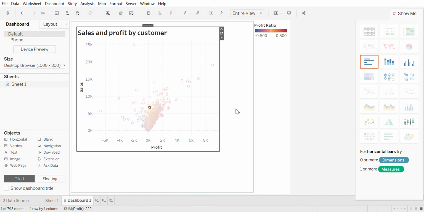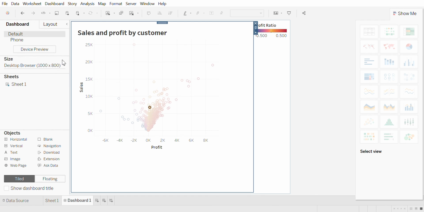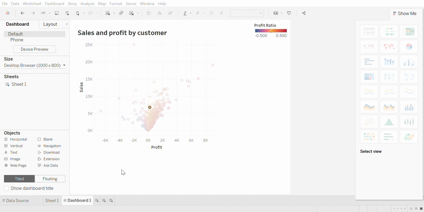This is basically a very simple way of doing things. You can add several sheets and put them over here into a single dashboard. You can minimize this and add more sheets over here and all that. Now, I would like to also add something else to make it look more professional, more like my signature.